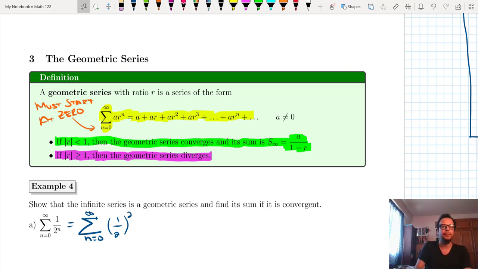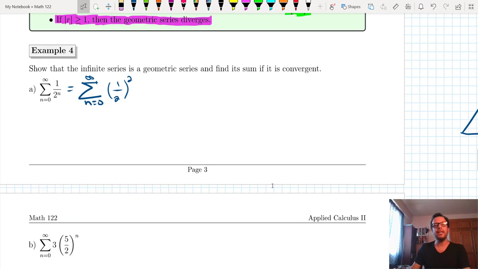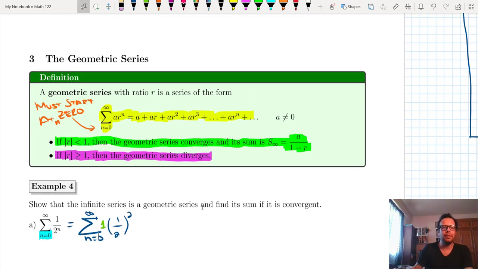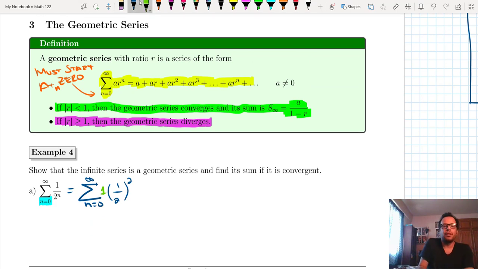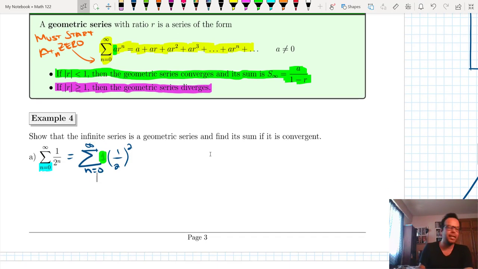Okay? So in this case, for letter A, we have our lower limit to be 0, so we're good. From here, we also have an invisible 1 multiplying, because if we compare with the form, before we are able to read the common ratio, we have this coefficient I'm highlighting in green. So there is an invisible 1 there,